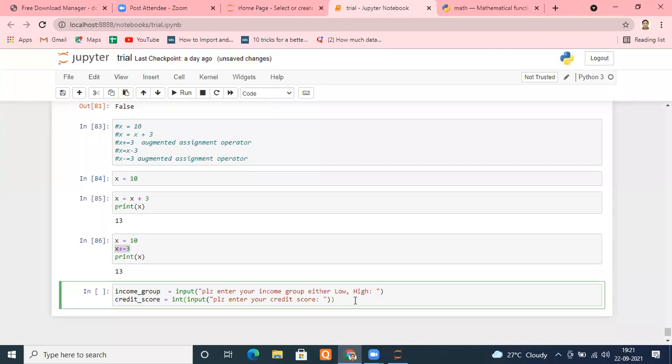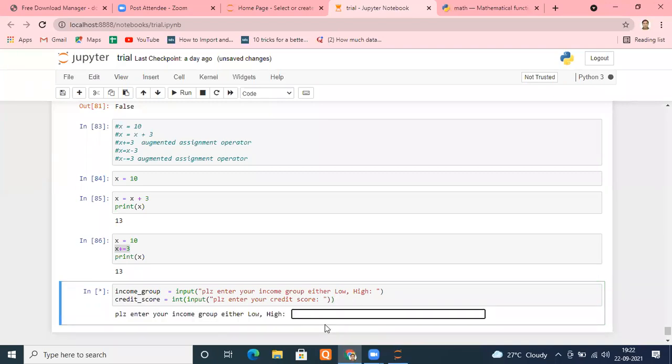We will ask them. They will enter. Let me enter. Okay. It's asking the income group. By default, I forgot, it is written high. Okay. I type capital HIGH intentionally. It is asking for high, but I'm typing HIGH.